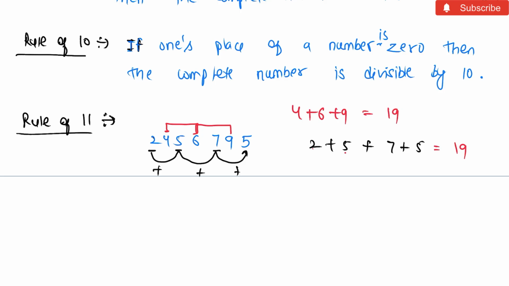अब हमने क्या फाइंड किया, सम फाइंड कर लिया, देन सम का क्या फाइंड करेंगे, डिफरेंस। तो डिफरेंस 19 माइनस 19 इज 0। इफ डिफरेंस इज 0, या तो डिफरेंस क्या आना चाहिए, 0 आना चाहिए, और अ मल्टीपल ऑफ 11, या तो यहाँ 0 आए या फिर 11 का मल्टीपल आए, मीन्स 11 आ जाए, 22 आ जाए, 33 आ जाए, देन द कंप्लीट नंबर इज डिविजिबल बाय 11। सो क्या करना है हमें,